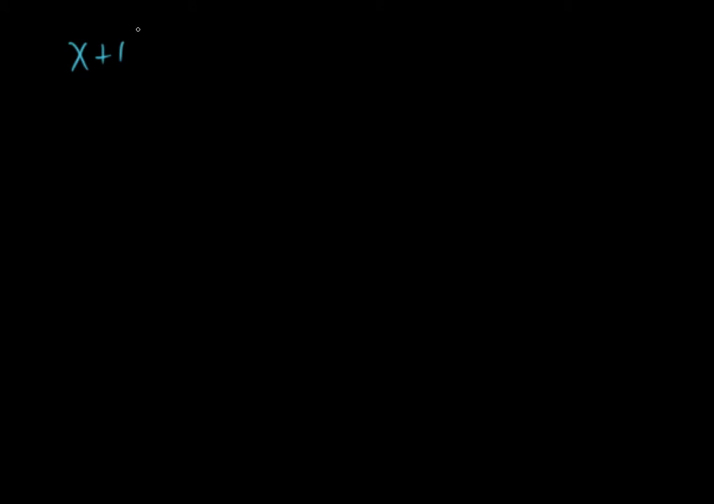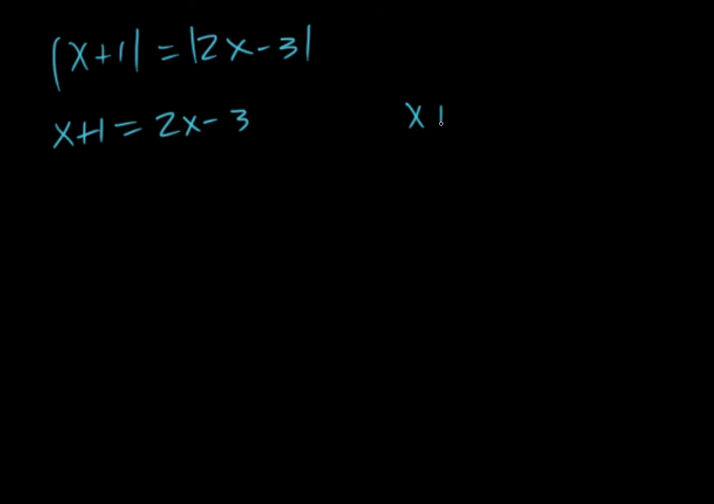Okay, now we have absolute value of x plus 1 equals absolute value of 2x minus 3. Once again, we can think of these like they're both positive or both negative, and it would make them true. So we're just going to think of this like x plus 1 equals 2x minus 3, and then x plus 1 equals negative